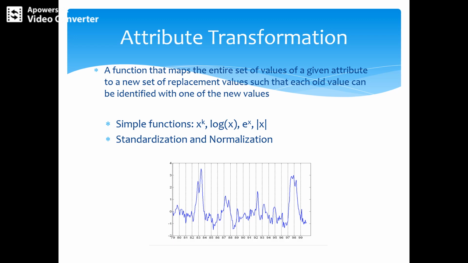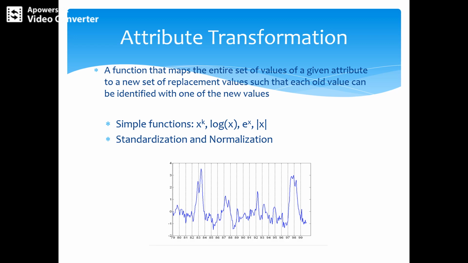So, normalization and standardization. Another common type of variable transformation is standardization, or we can call it normalization. Both are the same. In the data mining community the terms are often used interchangeably. In statistics, however, the term normalization can be confused with the transformations used for making a variable normal, that is, Gaussian. The goal of standardization or normalization is to make the entire set of values have a particular property.